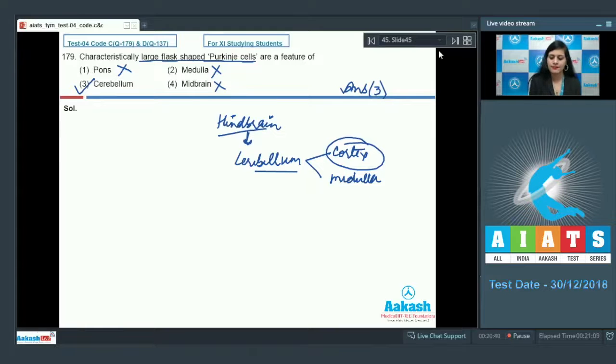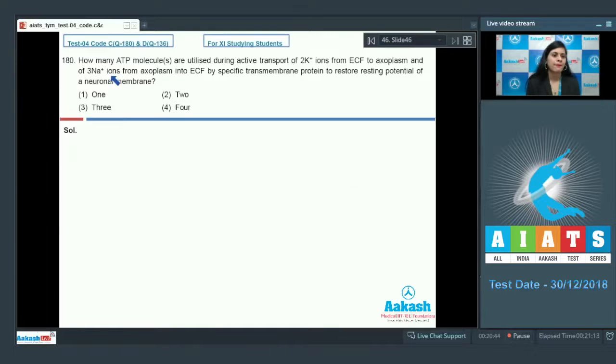Let's discuss our next question. Question number 180. How many ATP molecules are utilized during active transport of 2 potassium ions from extracellular fluid to exoplasm and 3 sodium ions from exoplasm into ECF by specific transmembrane protein to restore resting potential of a neuronal membrane? Now we know that if this is intracellular fluid and this is extracellular fluid, then through sodium,